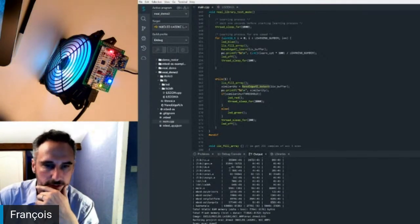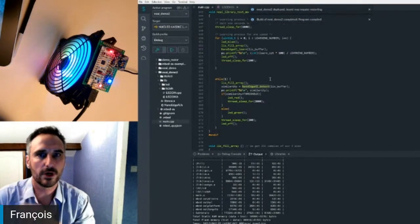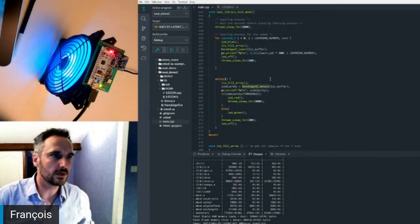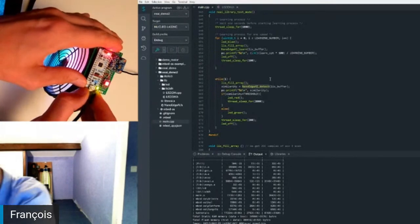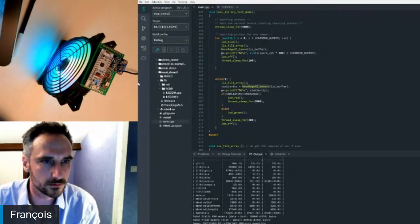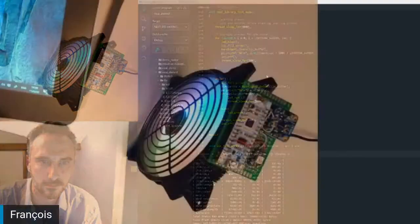And should be good. Okay, it's compiling. Flashing. Okay, so now the device, what we can do is remove that cable. And maybe I can go full screen on the demo. If I do something like this. Sorry for the...